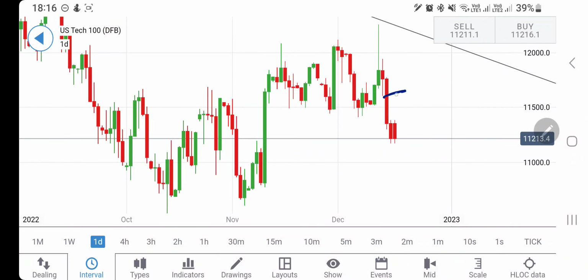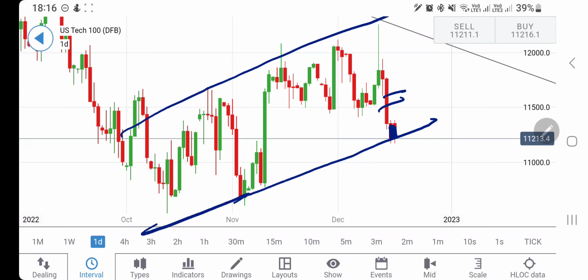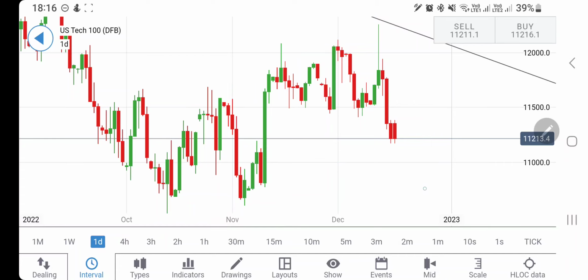Now look at the movement here. One stronger bearish candle, and see the bearishness has certainly diminished. That is what I can see. At the same time, it is also coinciding with the bottom of this channel. This indicates that there could be a potential for reversal, and yes, if you see it trading above 11,400 again and then 11,500, you can expect that it may try to rise again, and then we can expect higher highs again. So this is one part to it on the daily charts.